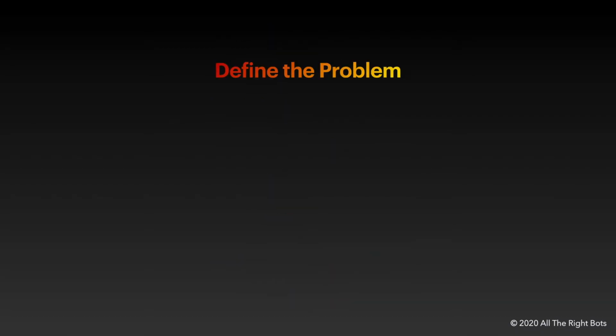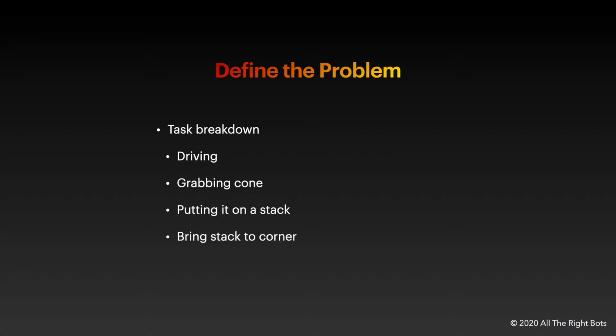So let's look at the first step, defining the problem. Defining the problem is describing each of the smaller tasks your robot should achieve in order to achieve the main goal. I'll use VRC's game from a couple years ago, where points could be scored by stacking cones in a corner of a field. This may seem pretty abstract and vague at first, so let's break it down into smaller steps. These could be driving, grabbing a cone, putting it on a stack, and safely transporting the stack to a